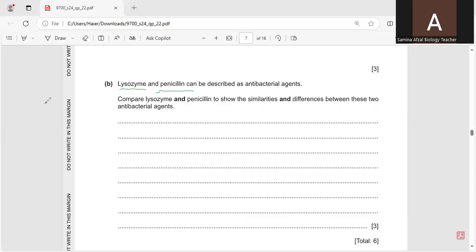As you can see, the similarity between them is that both of them destroy the cell wall of bacteria by breaking bonds. And the difference between them is lysosome secretes